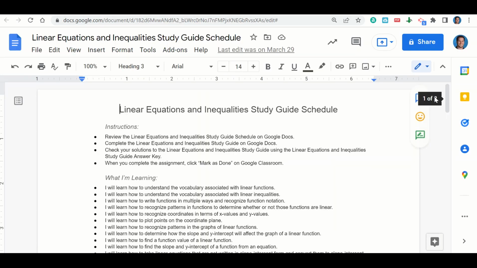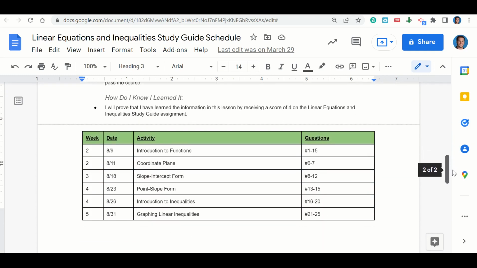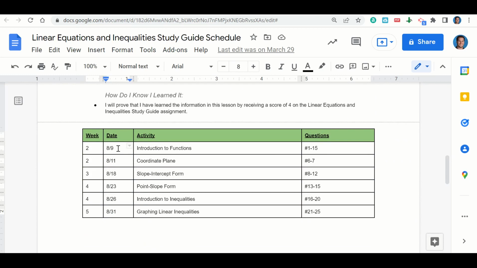Now, to make sure that you stay on track, I have also provided you with a study guide schedule. This tells you when each of these things should be completed. So by August 9th, you should be able to complete the Introduction to Functions questions, which are numbers 1 through 5. By the 11th of August, you should be able to complete the coordinate plane questions, which is numbers 6